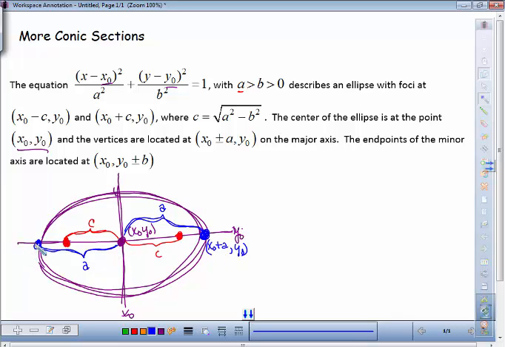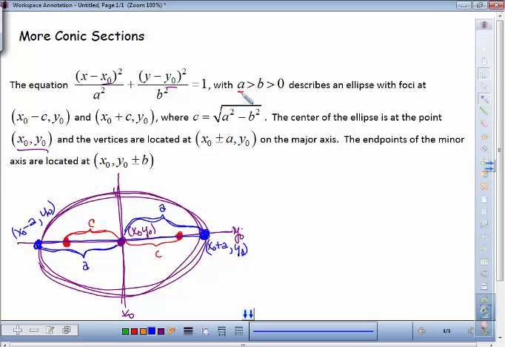It'll be x naught minus a, and the y value is still going to be y naught. So this horizontal axis, which is not necessarily the x-axis, but is parallel to the x-axis,